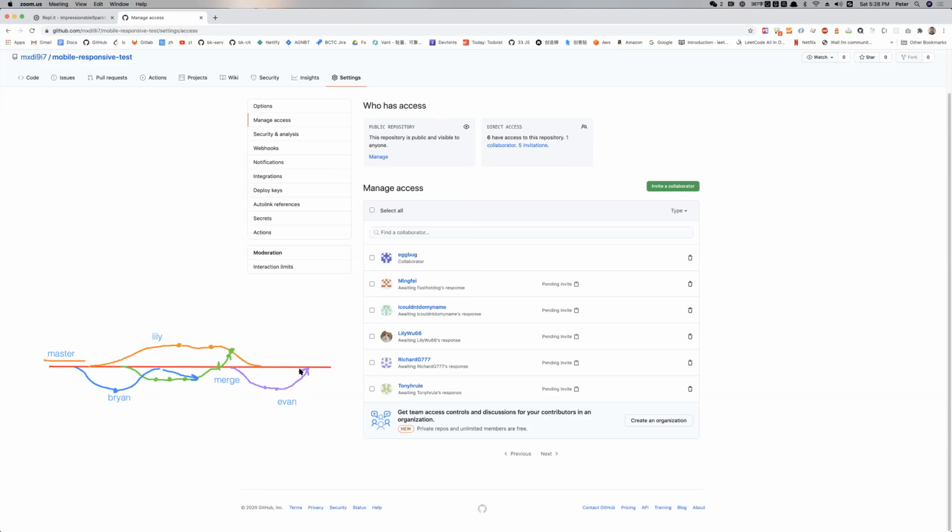Okay, so Evan only needs to care about the latest merge from another branch. Evan doesn't need to care about Brian or Tony's merge, because Evan only needs to look at Lily's merge and try to merge Lily's code into his branch so he could push back into the master branch. So there's only one rule, okay? You have to be updated with the latest master branch to be able to merge your work back into master, okay?